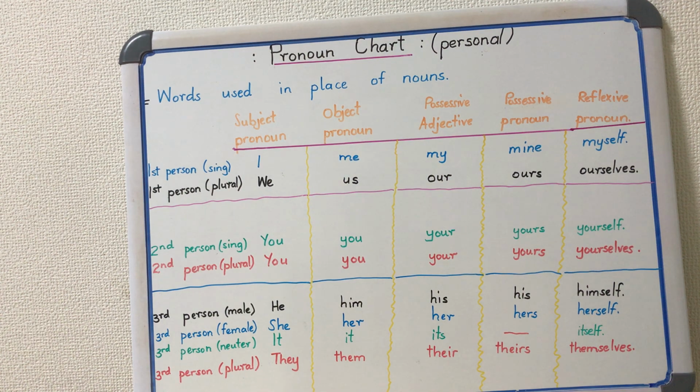Possessive adjective my: my car, my house, my room, my child. Possessive pronoun mine. That book is my book. It belongs to me. It's mine. Then myself. That's the reflexive pronoun. Then again, in the first person, when you are no longer talking about I, yourself, you are including other people, either two or so, or another person.